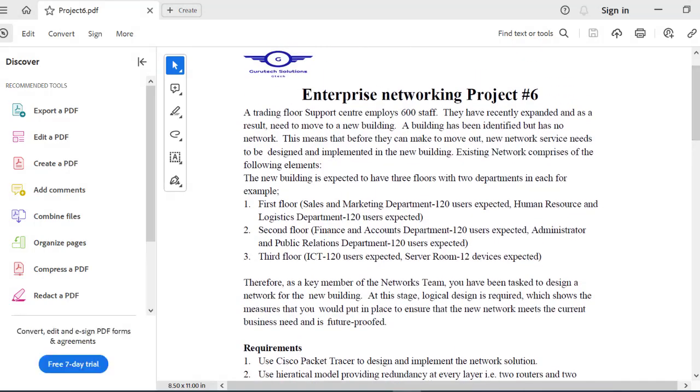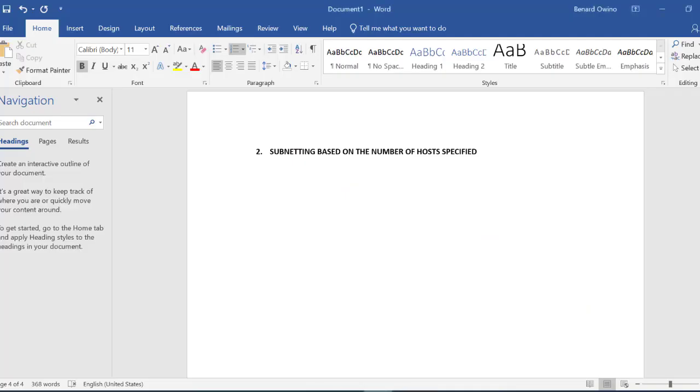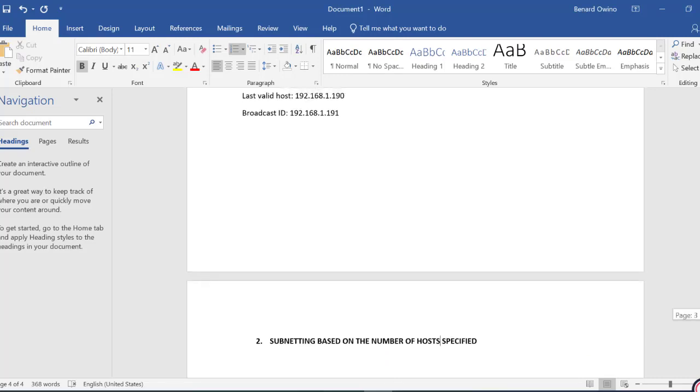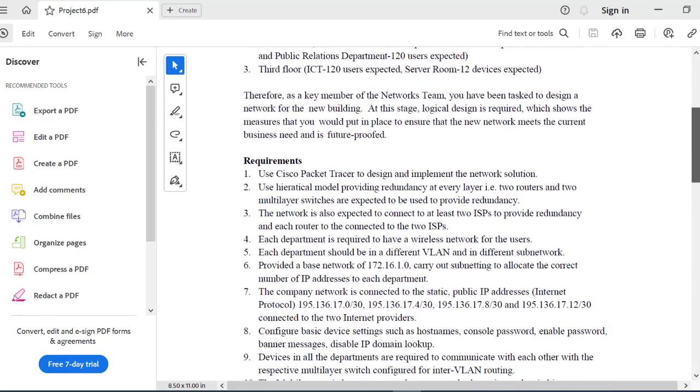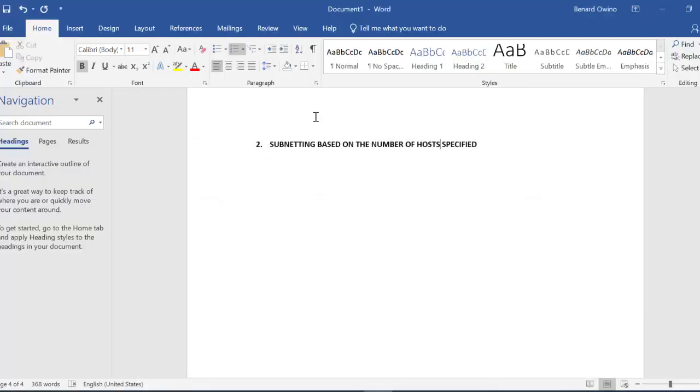Okay, I think project 6 is the best to demonstrate this one, because we are being told first floor is the sales and marketing department, 120 users are expected, and also HR and logistics, 120 users expected, and so on and so forth. So subnetting based on the number of hosts. So first thing that we do see, the network. The network given here was this one. This was the base network, which is